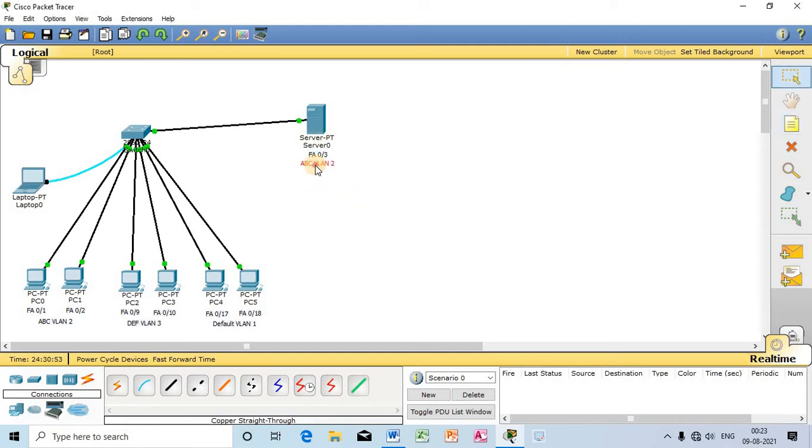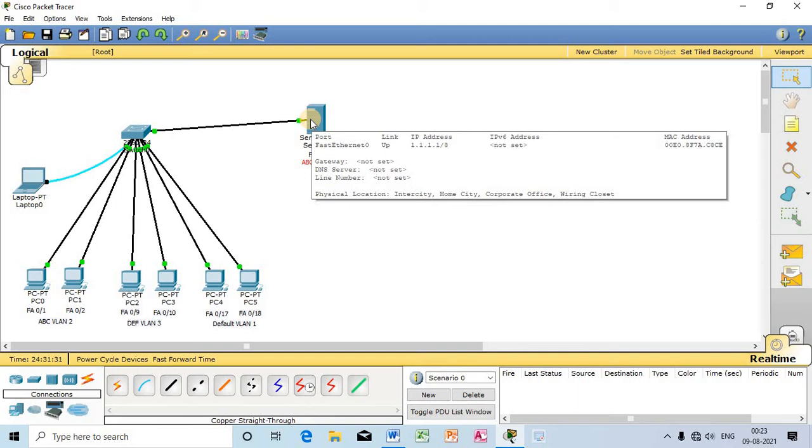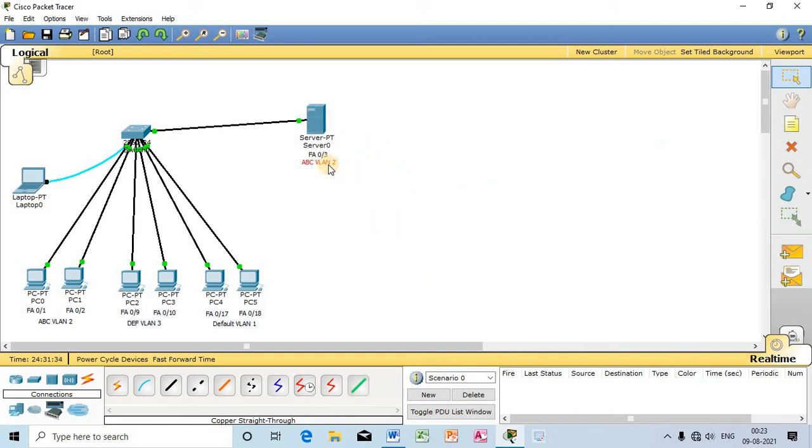As the port which was used to connect the server and the switch lies under VLAN 2, only the traffic sent from these two computers will be responded to by the server, because only 8 ports are assigned under VLAN 2, port numbers starting from 01 to 08. So any device connected in those 8 ports will be able to communicate.